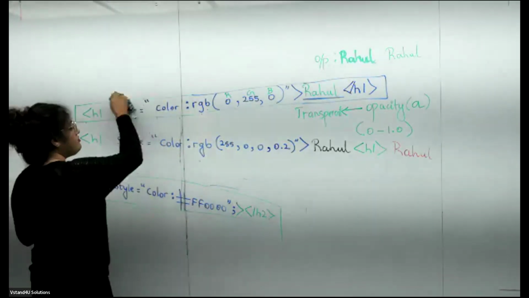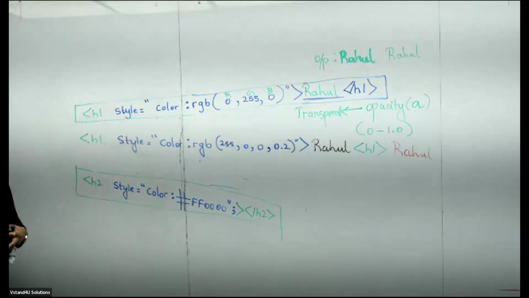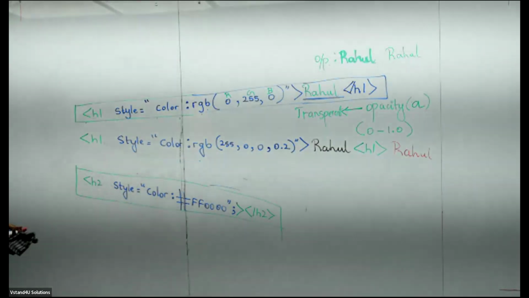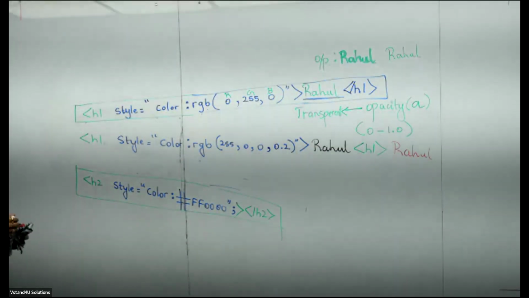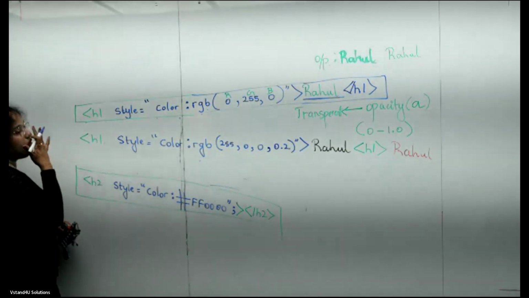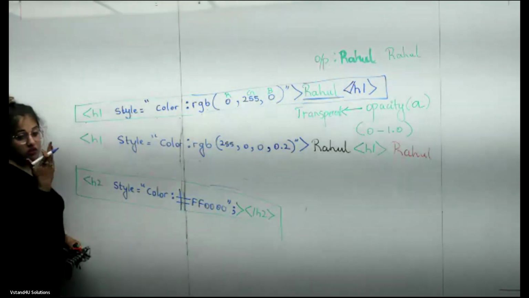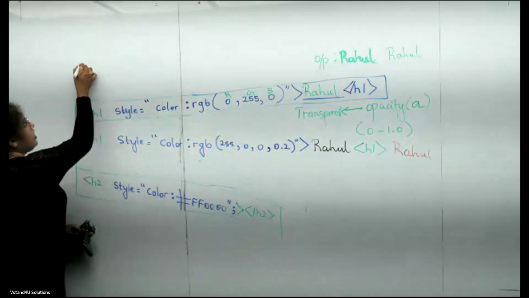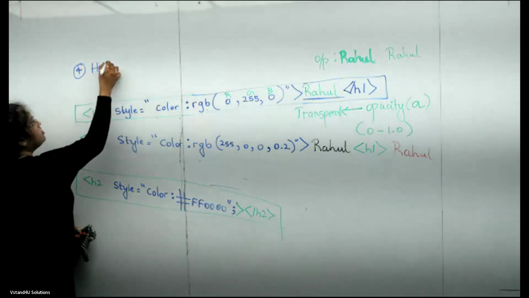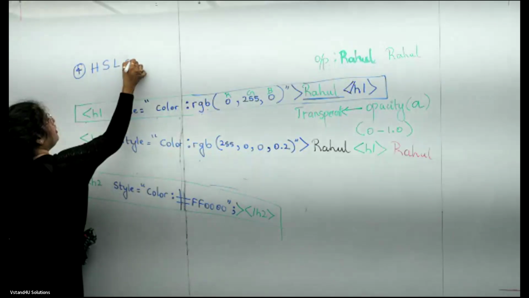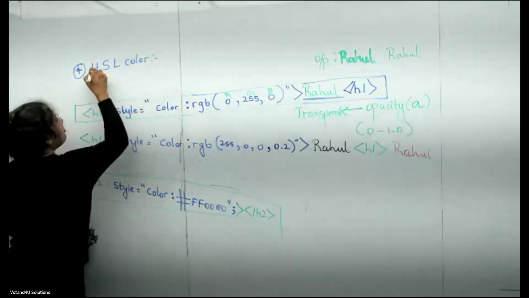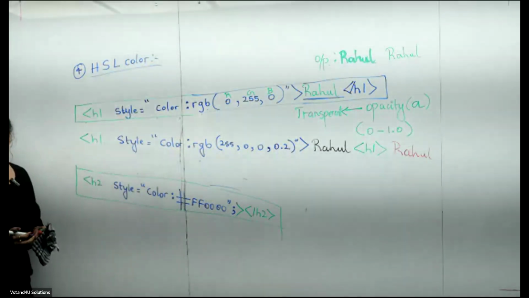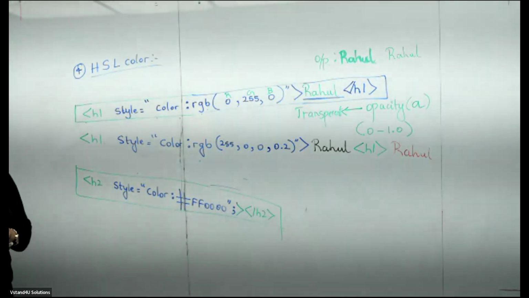Next one, you have something called HSL color. Which is it, third or fourth? Fourth one, you have something called HSL color. Okay, ma'am. For RGB, you said it is red, green, blue. For HSL, it is